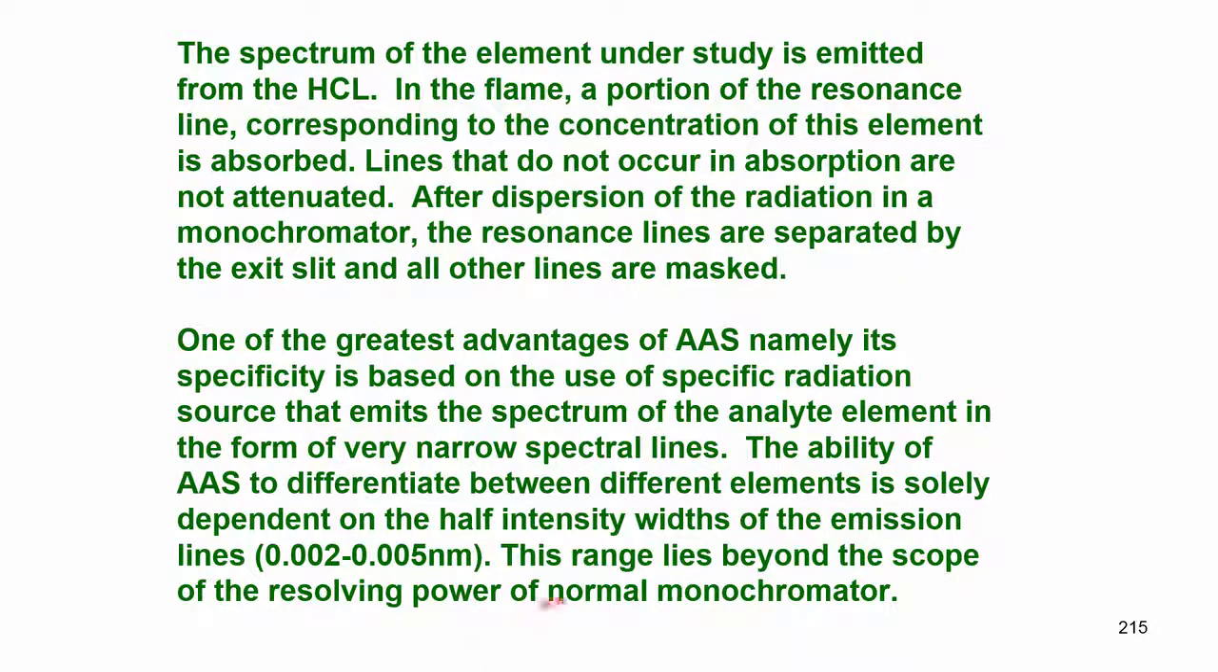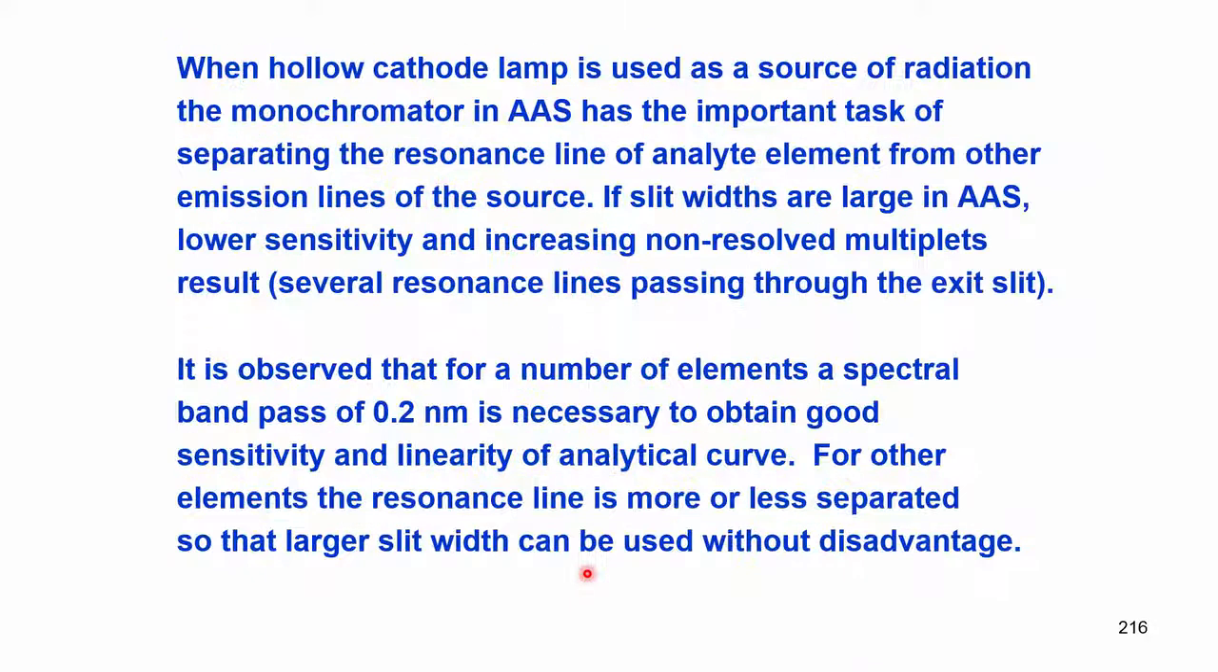within that 0.002, suppose I say 324.7 is the line for copper, okay, 324.7. Now 324.7 plus or minus 0.005 nanometer is what I am going to choose from the spectrum. But all other elements, if they do not have a resonance line, will not show absorbance, because there is no atomic absorption in that range. So, this range lies beyond the scope of the resolving power of the normal monochromator. So, what essentially we are saying is